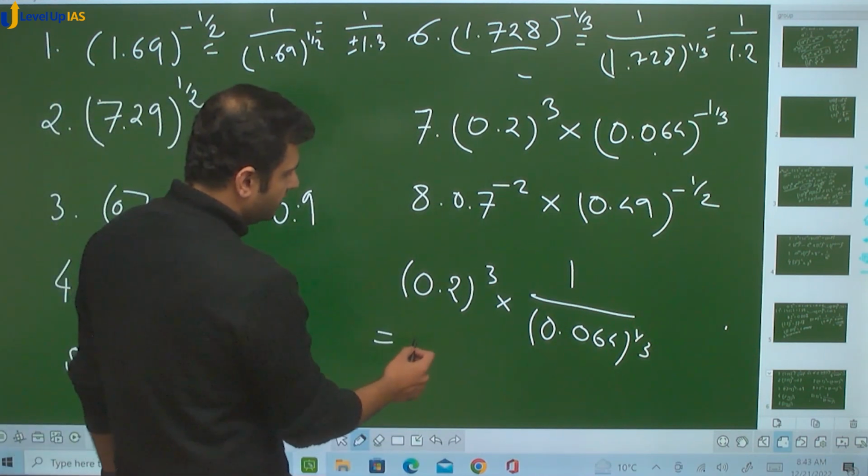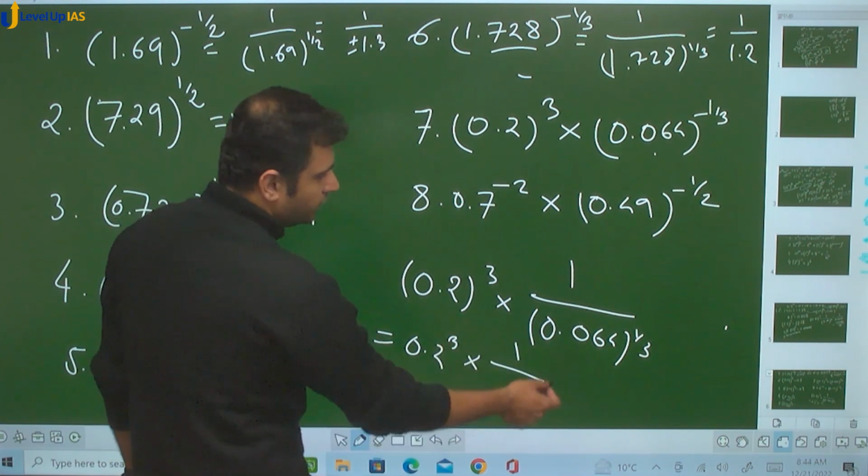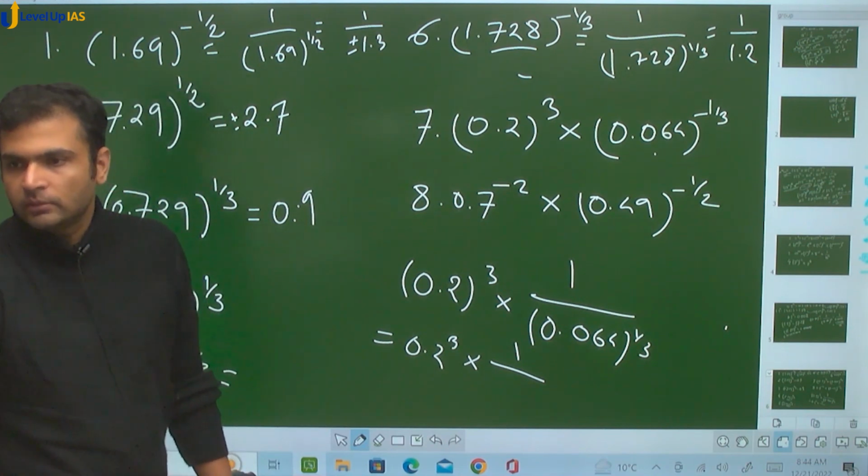Is nothing but 0.2 cubed into 1 upon, what is this? The cube root of 64, 4,